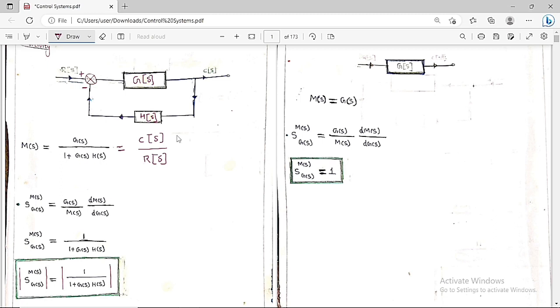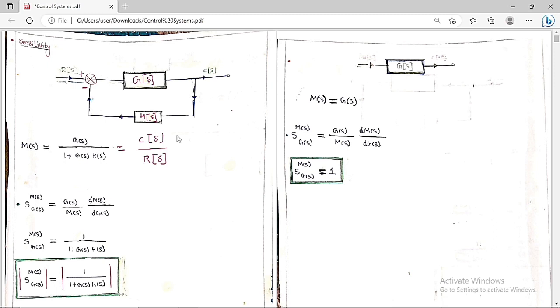Here it is a negativeness, here we have to use the positive symbol. Suppose if it is a positiveness, here we have to use the negative symbol. These things you should always keep in mind. So this is called the closed loop gain: C of S by R of S is equal to M of S is equal to G of S by 1 plus G of S H of S for the negative feedback system. Now we are going to find the sensitivity of M of S with respect to